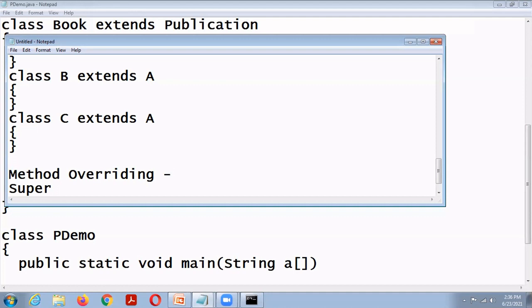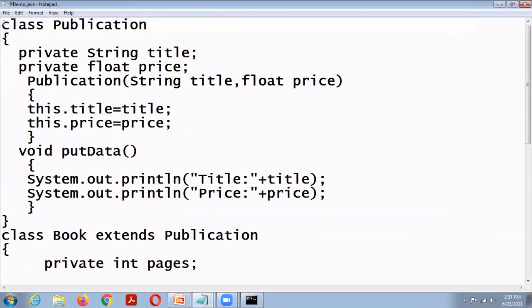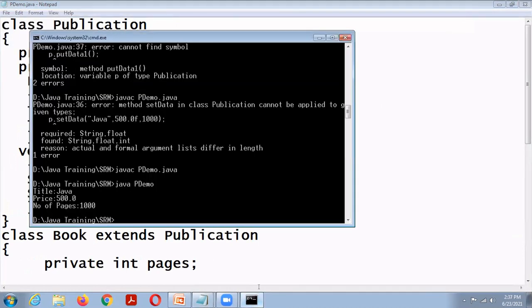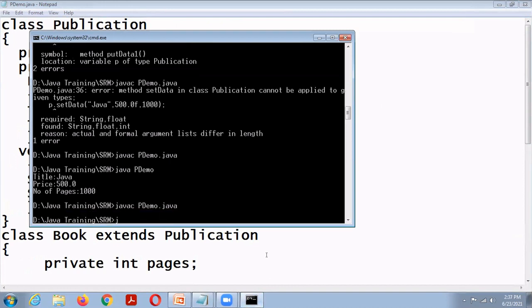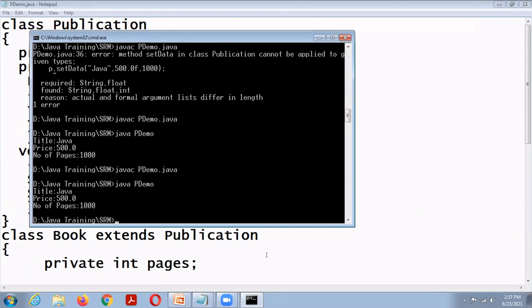Second, it explicitly invokes the superclass constructor from the subclass constructor. Save this program. Java PWM. So this is the use of super.